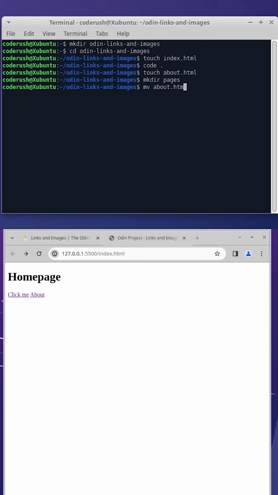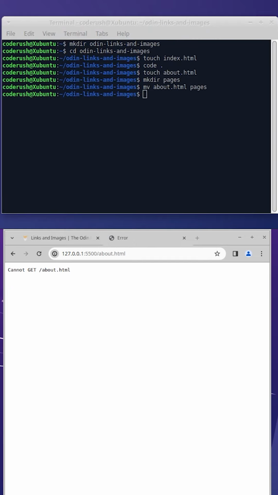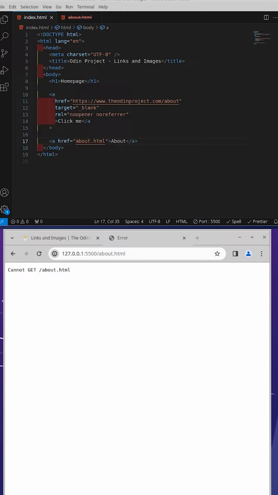So, if I create another directory inside my Links and Images one and move my about.html file there, I will break my relative link because the file is no longer at that destination. I can fix it by adding the correct path to the new location of my about page, which is pages/about.html. Or alternatively, I can add a ./ before pages to specify that the new directory is relative to the current